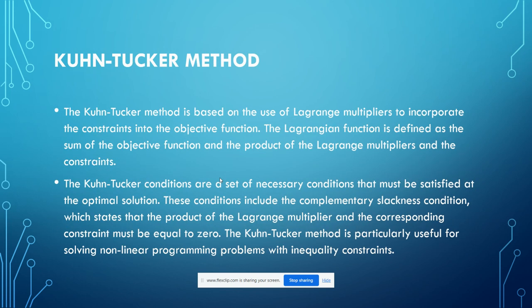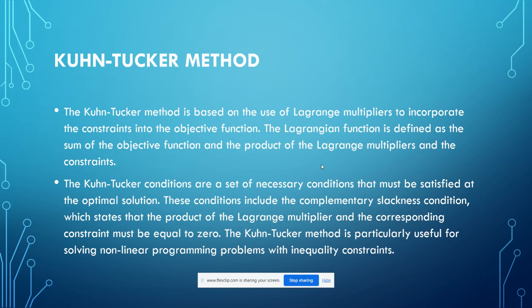Let's see the Karush-Kuhn-Tucker method. It is based on the Lagrangian multipliers to incorporate the constraints into the objective function. That means we are creating a Lagrangian function which uses the objective function, the multiplier, and the constraints. So we define the Lagrangian function by summing the objective function and multiplying with the lambda